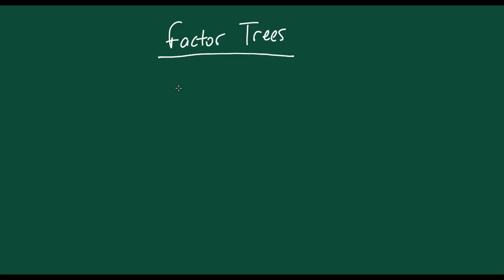So let's start with a small number like 10. If you wanted to know what the factors of 10 are, how could you do it? Well, you might say, to start with, that the number 1 is a factor of 10. And that would be true, because the number 1 is a factor of every positive integer. But if you're trying to break down a number, say you're working on a math problem and you need to break an integer down into its factors,